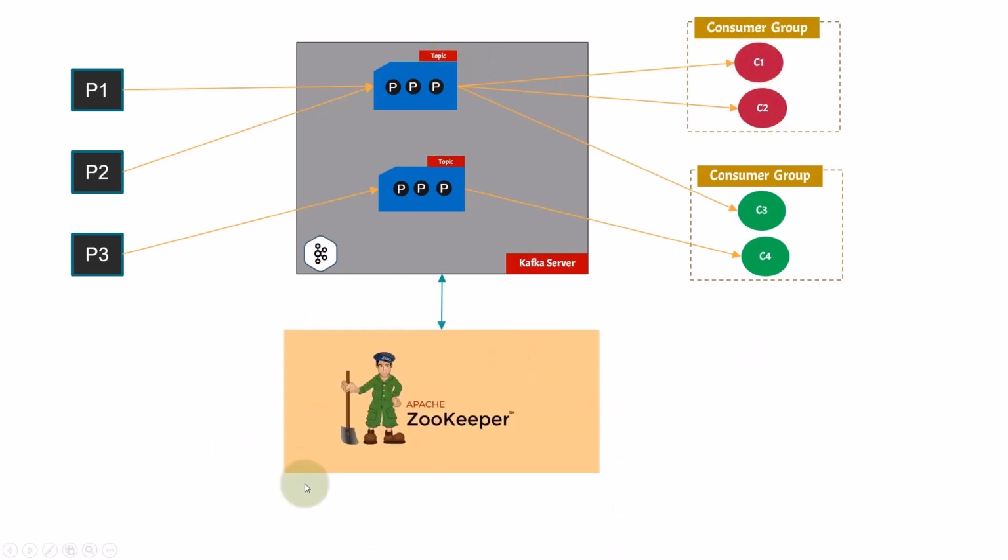There is another application present in the Kafka ecosystem, called Apache Zookeeper. Zookeeper is a distributed open source configuration synchronization service. As the name suggests, it is a configuration management system. Now you can have multiple topics, you can have multiple things, like what the consumer groups are.